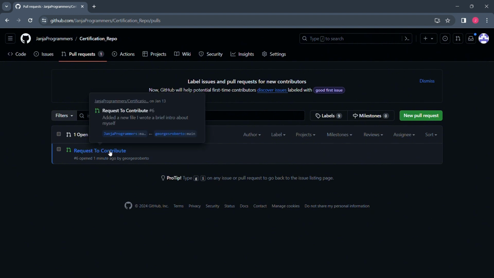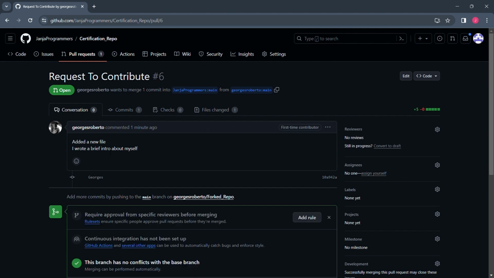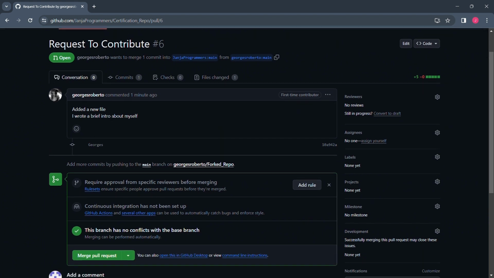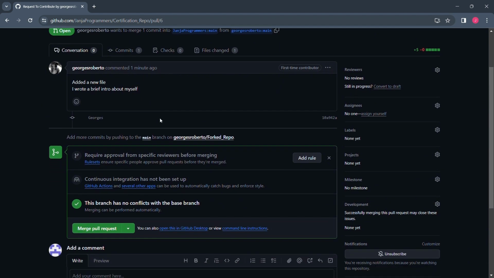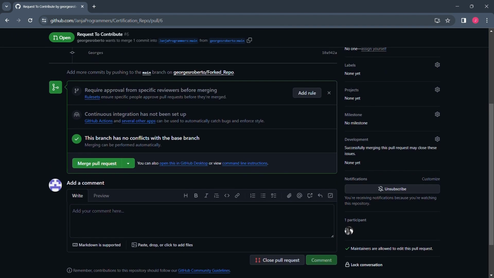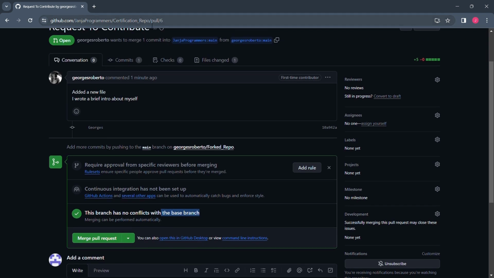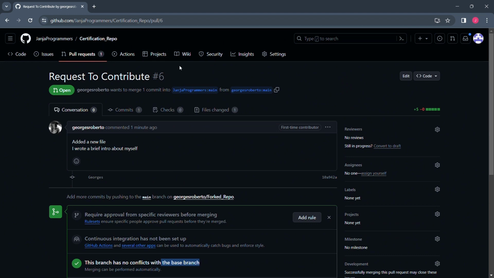This is the title of the pull request. So when I tap on that, I see that there's this person who I don't know of. The name is Georges Roberto. He added a new file, and in the file he wrote a brief intro about himself. Okay, so by default GitHub checks for conflicts between the base branch, which is the main branch of Janja programmers,